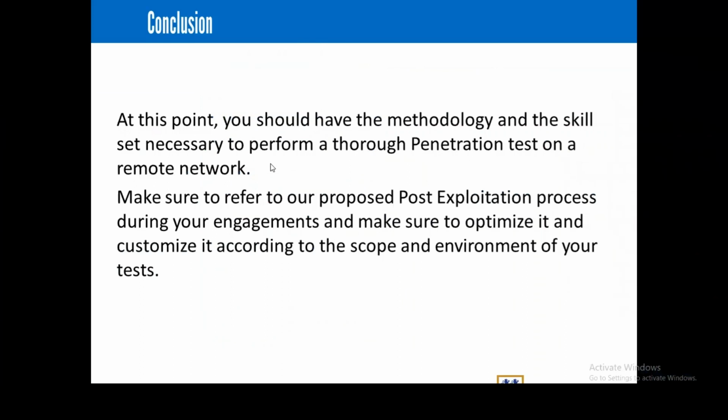So at this point, you should have the methodology and the skill set necessary to perform a thorough penetration test on a remote network. Make sure to refer to